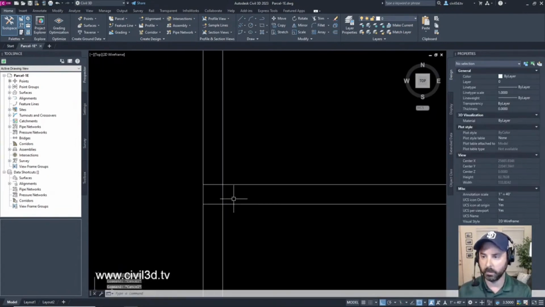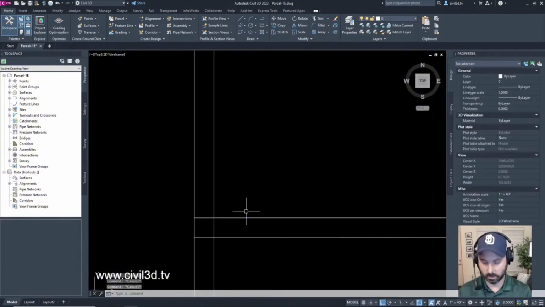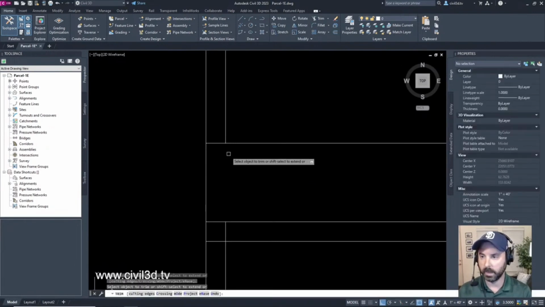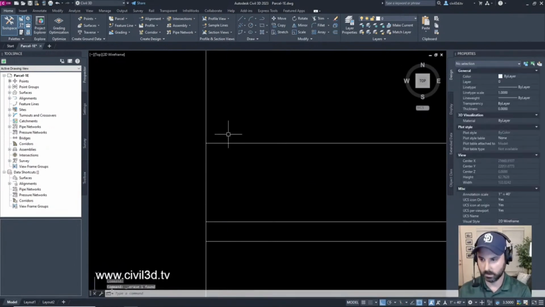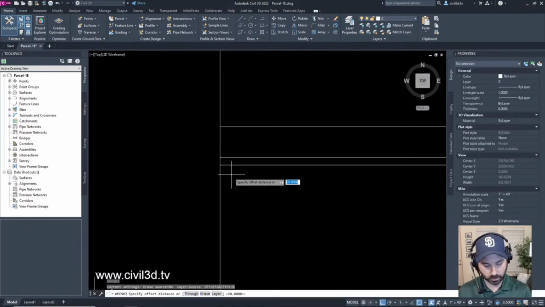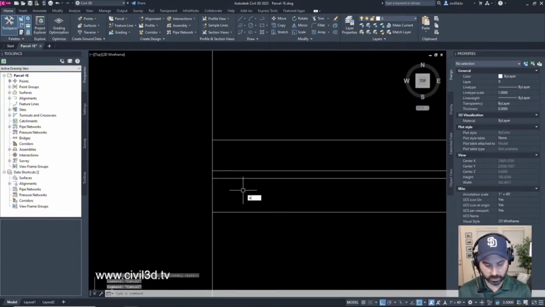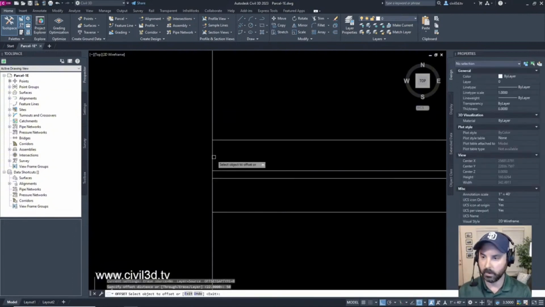Yeah, that's way too big. I'm going to go 200 for my lot depth, 200 on the other side. Set 200 feet over here. And then I just go to town, with 50 feet wide.